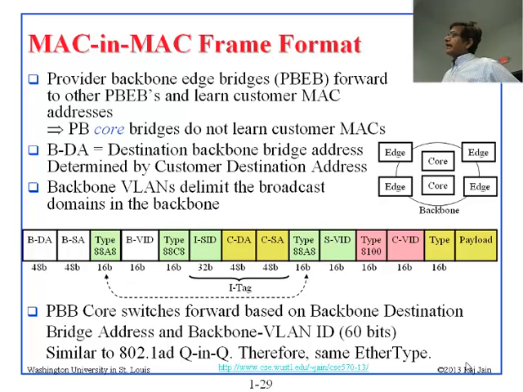Now when we are adding the addresses, we might as well add a VID. So this is your third Q in Q you are talking about. So this is the backbone VLAN ID. All right. Now when we are doing VLAN ID, we might as well put a fourth one, which we call service ID. What is service ID? So basically,